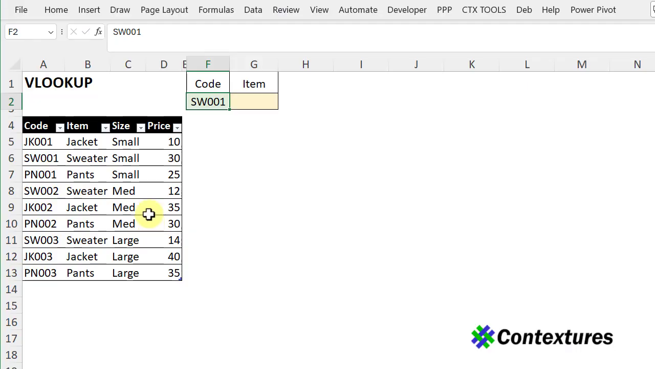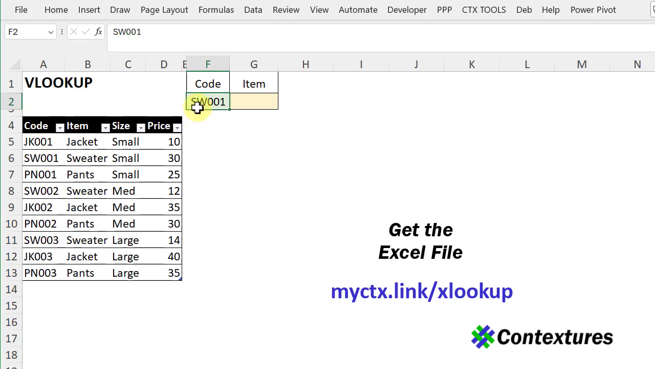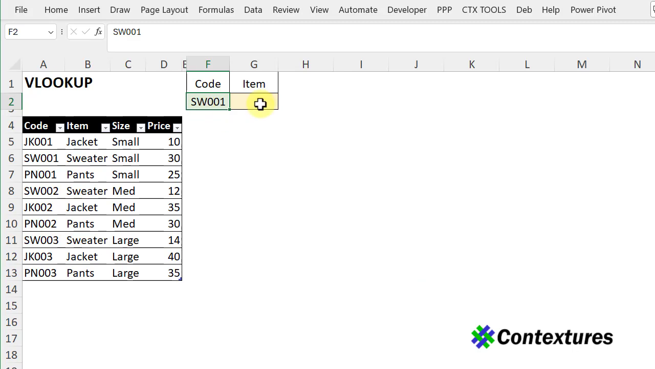First, we'll take a quick look at VLOOKUP and see some of its limitations. I want to find for this code what the item name is. So in this cell, I'm going to create a VLOOKUP formula, and the lookup value is whatever is typed in this code cell. For the table array, I'm going to select this lookup table,